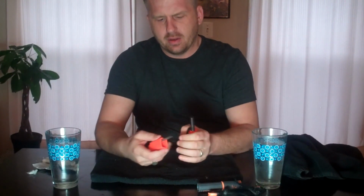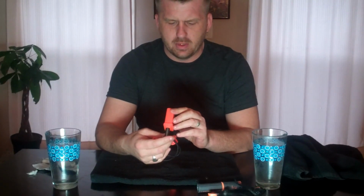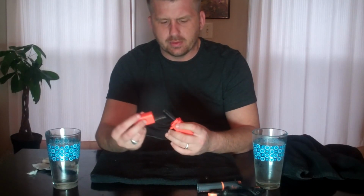Okay, so the magnesium rod is wet, the scraper is wet. This is not water, I wouldn't even classify it as water resistant, let alone waterproof. Okay,